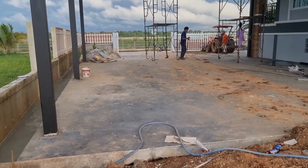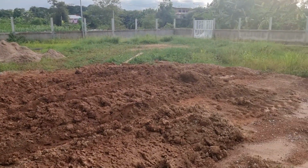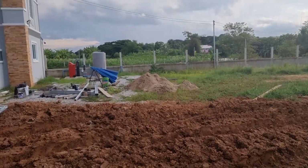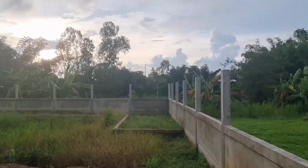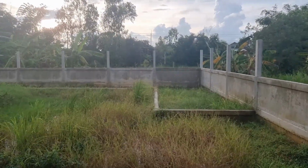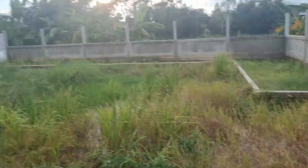So this is obviously holding up well because there's been tractors and everything driving in here through the back. They're still going to push all this soil here away back. Yeah, it's a bit of a building site at the minute, but it is looking bloody good. Well, this is not looking good. Well, there's a lot of water in here. If I cleared the grass out, I've got a swimming pool. Anyway,